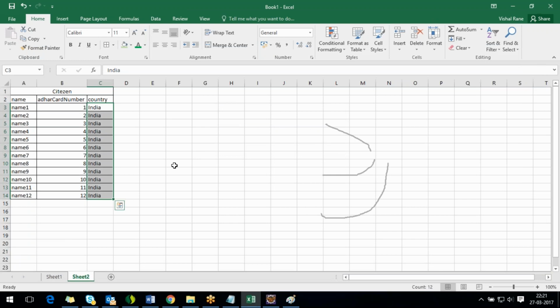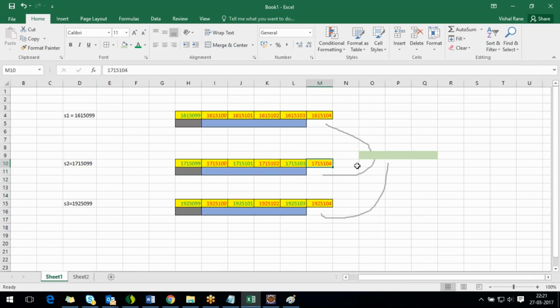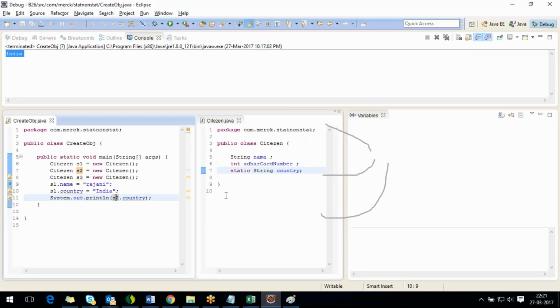Transient is kind of a static itself, there is a little difference. But this is the thing, guys: a static property or static variable doesn't belong to any object, but it